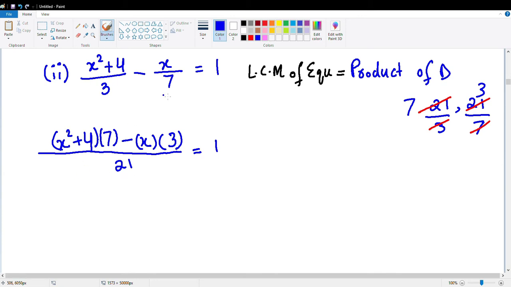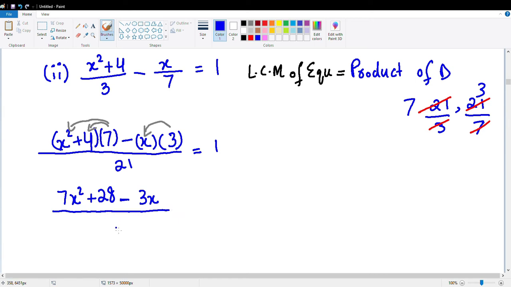Now when we solve this, we multiply 7 with x squared and get 7x squared. Then we multiply 7 with 4 and get plus 28. We have the minus sign in the middle, and then 3 times x gives minus 3x